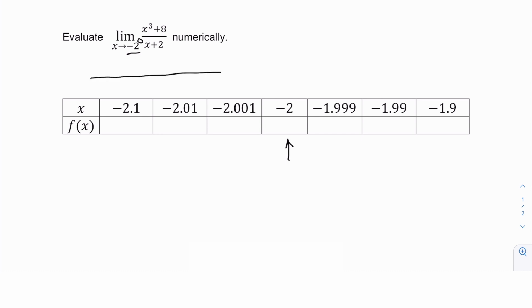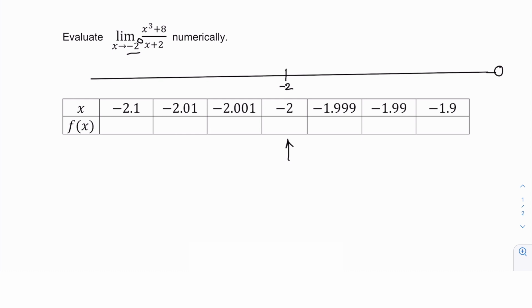Remember, on a number line, if we're looking at an x value of -2 and its placement on the number line, if 0 is to the far right here, then would come my -1 and then my -2 and then my -3. So as I'm approaching -2 from the left, on the left-hand side of -2, then I'm looking at values like -2.1, -2.01, -2.001. So numbers that are close to -2,